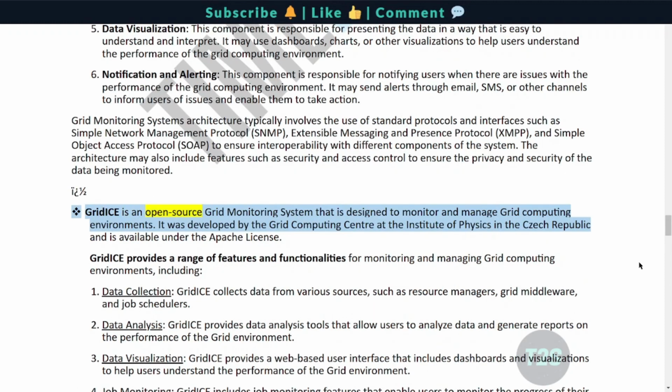Gridis is an open-source grid monitoring system that is designed to monitor and manage grid computing environments. It was developed by the Grid Computing Center at the Institute of Physics in the Czech Republic and is available under the Apache license. GGSIPU provides a range of features and functionalities for monitoring and managing grid computing environments, including